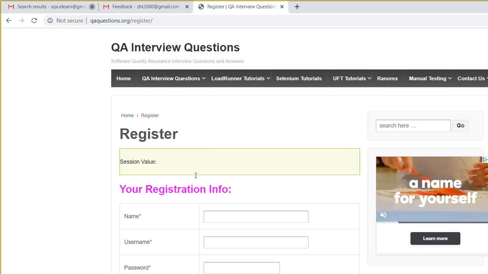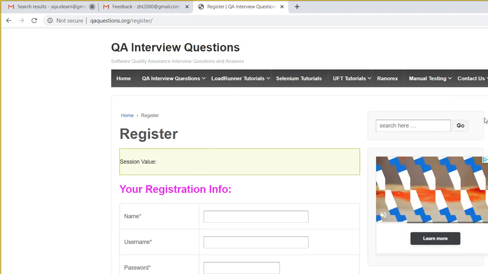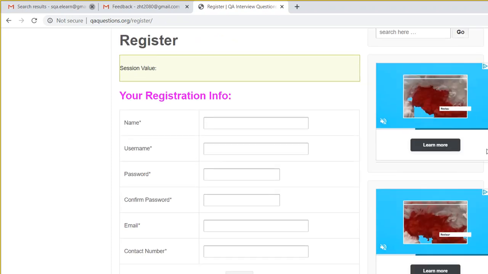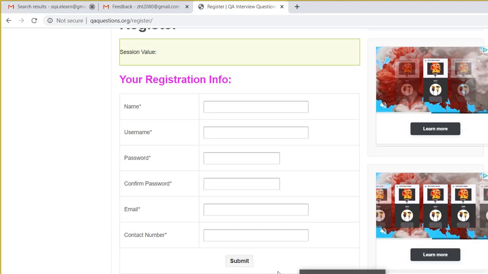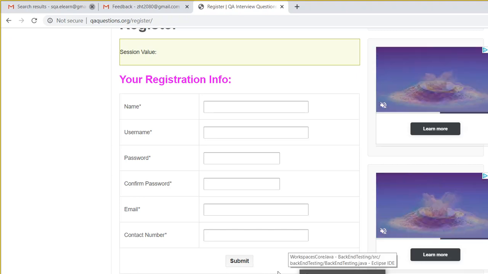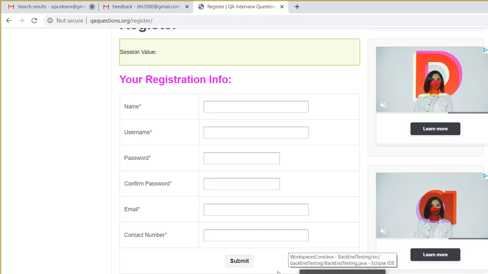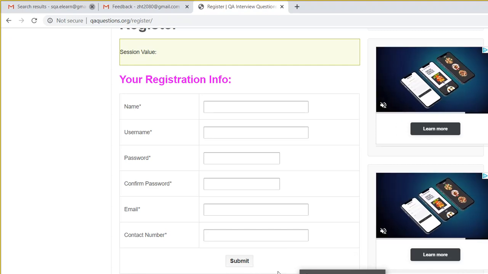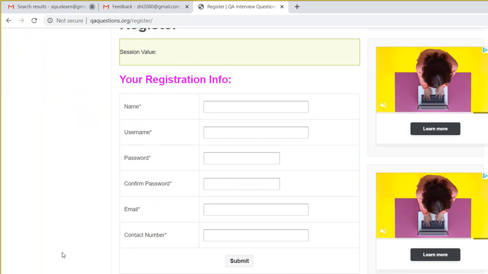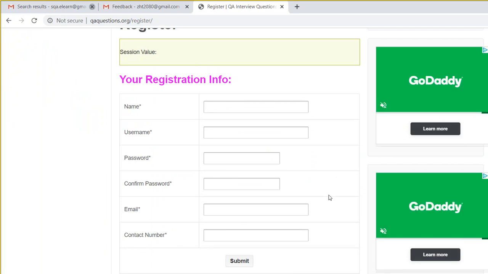Now, the requirement here: you will be providing your name, your username, password, confirm password, email, and your contact number, and submit. When you submit, it will be showing a registration successful message. Okay, number one. Now, after you have registered, right? After you have registered,